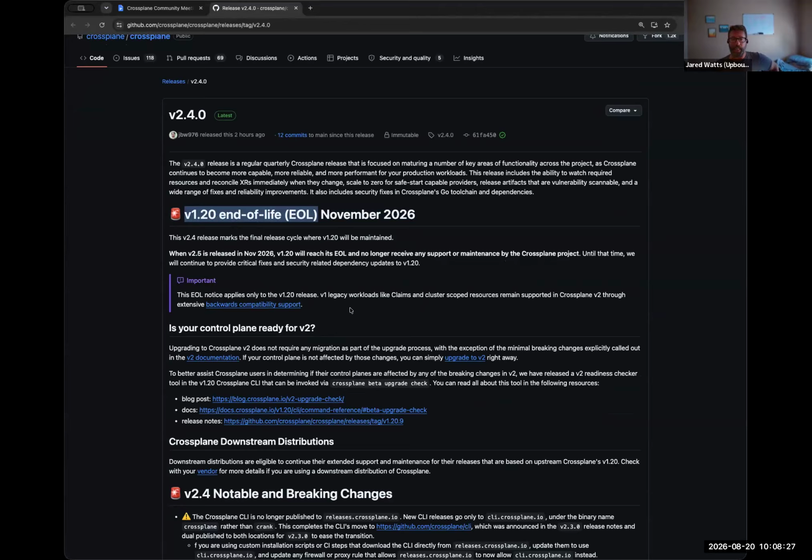V2 was released exactly a year ago, or a little bit more than a year ago now. And we've been continuing to provide support in terms of critical fixes and dependency updates in 1.20. And so now this is the last release we'll be doing that. So we will continue to be doing maintenance on 1.20 through the next release cycle here until 2.5 is released, which is November 2026. So in November, 2.5 comes out. And that's when we will declare 1.20 at its end of life,